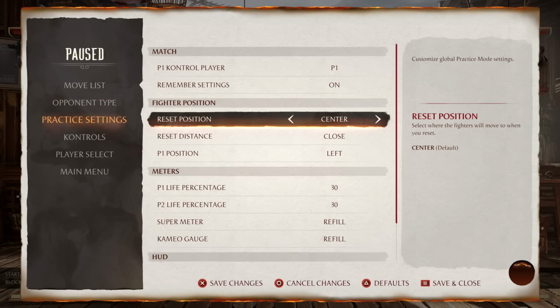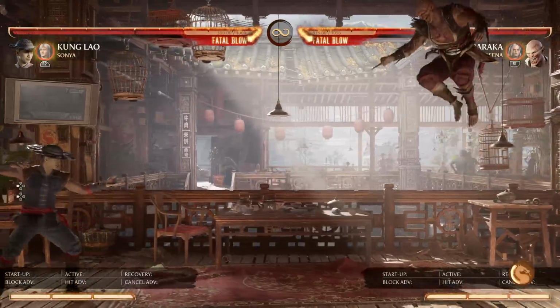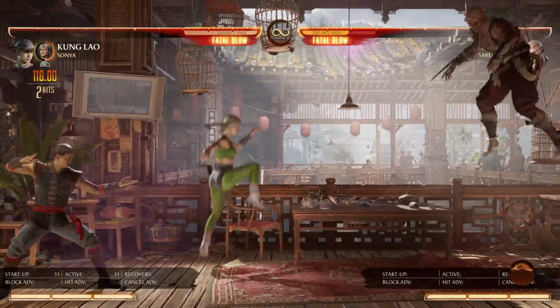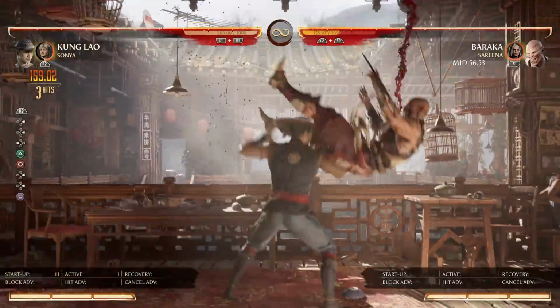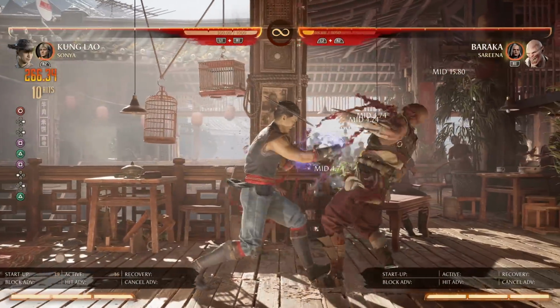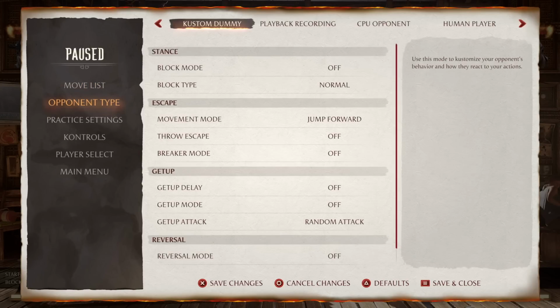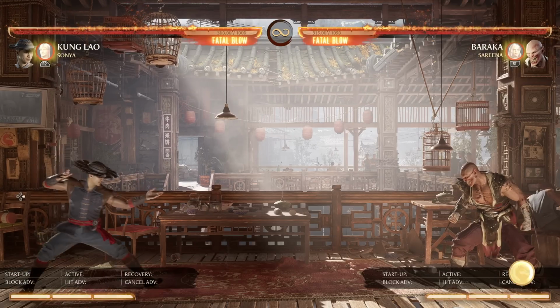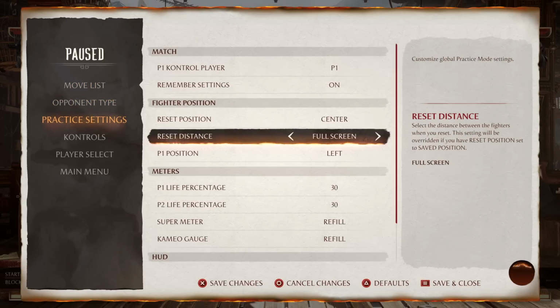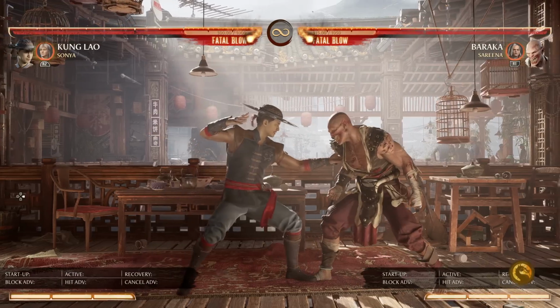Put them on full screen. Well, that works too. You can actually get the BMB like that if they choose to jump the projectile. So it helps your zoning out a bit. And also, it actually allows you to combo off of his armored move, which is, as y'all know, very